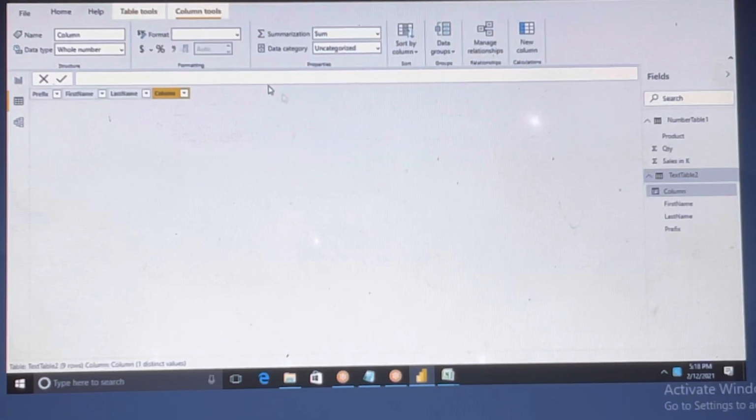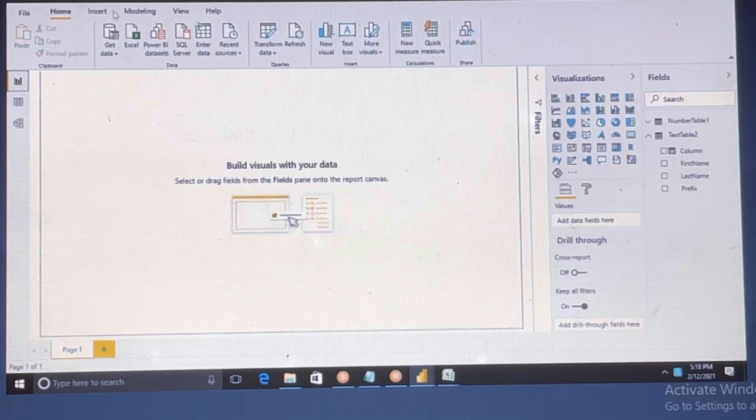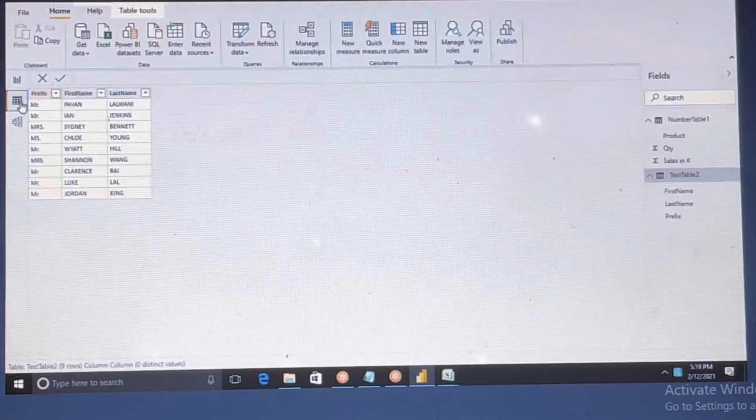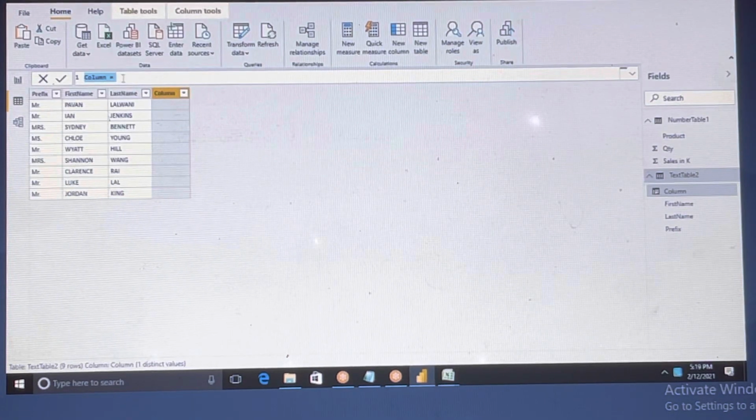Automatically when you click here, the menus also change. If I click on view, you can see the modeling. If I click on data, again the menus change. Now for now, what I would like to do is go to the data model and click on new column.